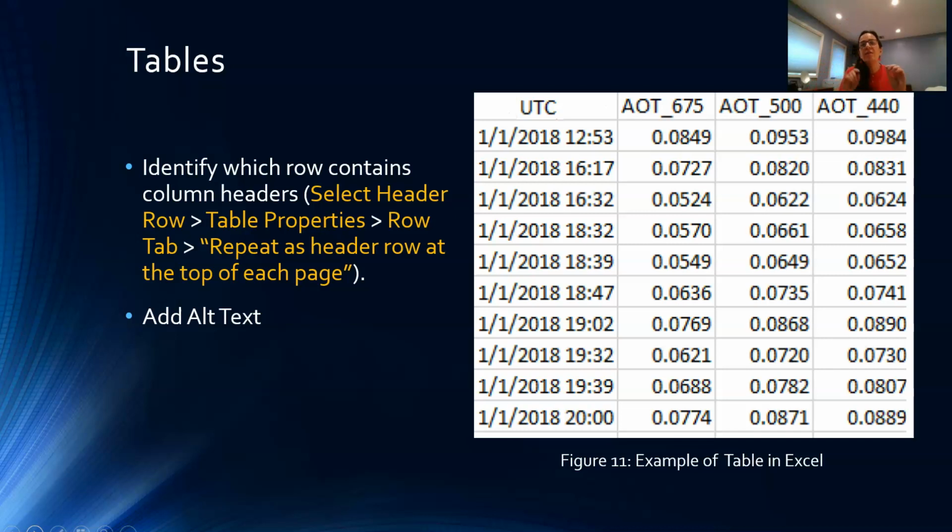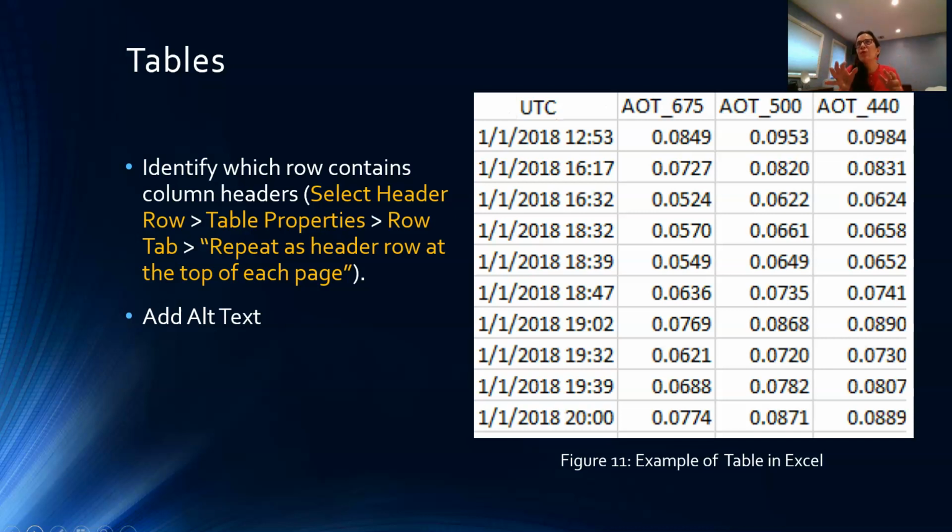Because of that, it is important that you identify which row contains the column headers. For that, you would go to select header row, table properties, row tab, and then select the option that says repeat as header row at the top of each page. You don't have to memorize that. Just the accessibility checker would remind you what you have to do to identify those column headers, but the bottom